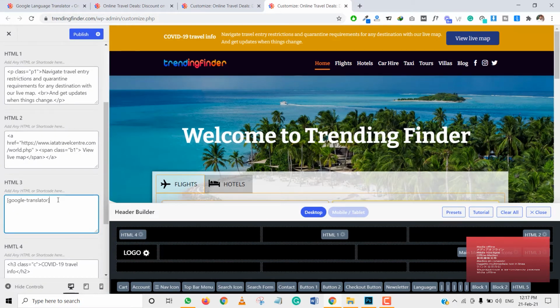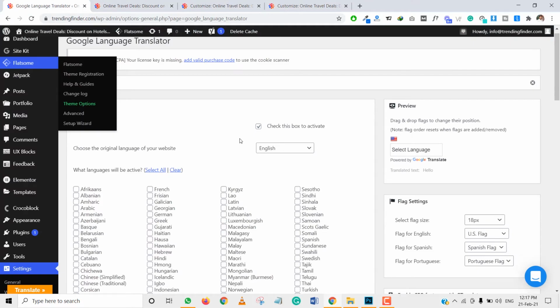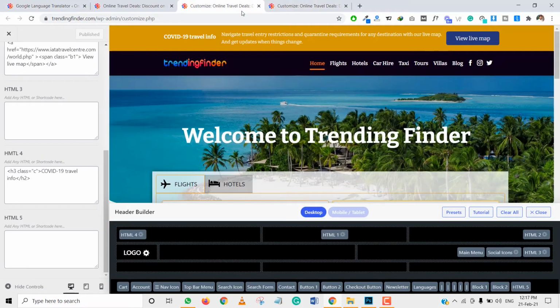If you don't want to paste this section, you have the option to use the floating option. So if we reload this page again, we can check.